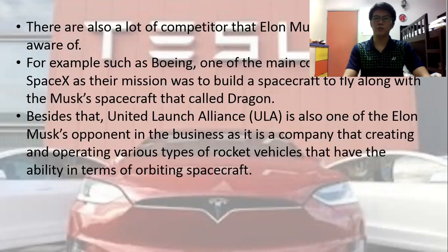Their mission was to build a spacecraft to fly along with the Mars spacecraft called Dragon. Also, United Launch Alliance (ULA) is also one of Elon Musk's competitors, because it is a company that creates and operates various types of rocket vehicles and has capabilities in orbiting